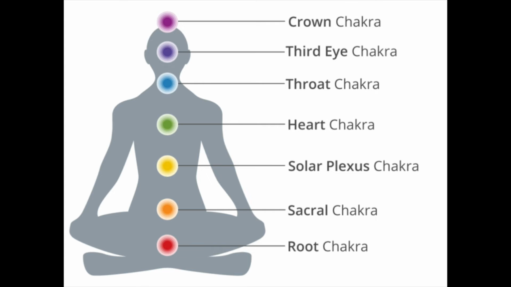If we move up from the root, so let's just move up a little bit further between the pubic bone and the belly button. This is our second energy center. This is the sacral chakra. The emotion, the metaphysical kind of meaning in this area of the body is it's the place of self. So it's how we identify as a human. It really is how we express our creativity. So this place of creating.